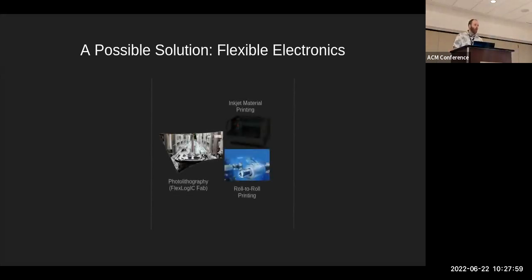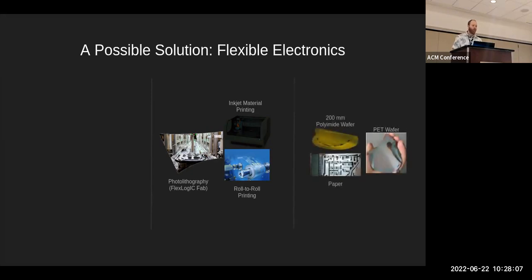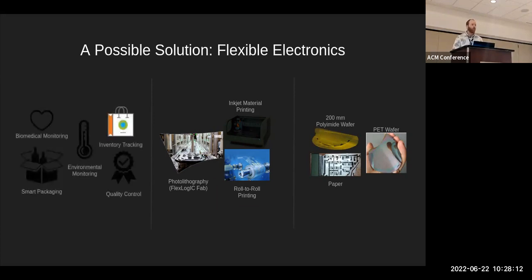Flexible electronics use photolithography and printing technologies to deposit active and passive components on a variety of flexible substrates, such as polyimide, PET polyester, or even paper. Flexible electronics are poised to target a variety of applications in these computational deserts, because flexible electronics can meet conformality and thinness requirements. However, what's unclear is whether flexible electronics can meet the cost requirements of the applications in these